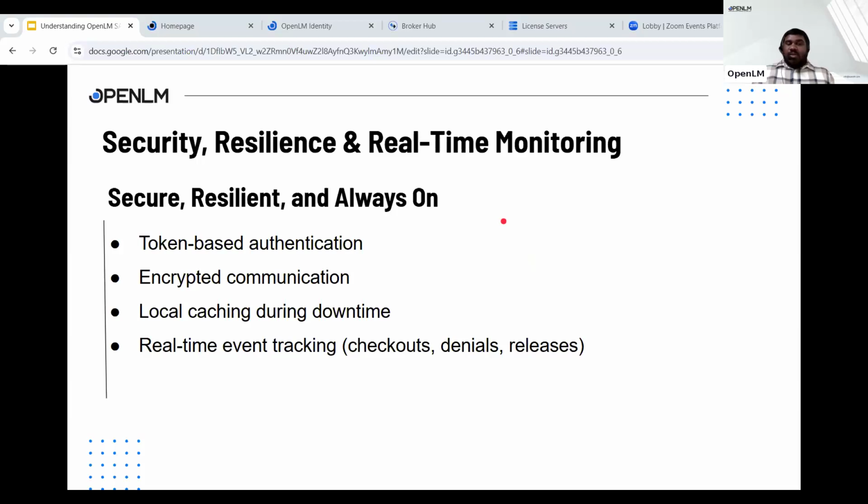Security and stability are major priorities when it comes to license monitoring. The broker uses token-based authentication and encrypted communication, which means no one can spoof or tamper with the data. Only authorized components can connect and send data. If the OpenLM server becomes temporarily unavailable, as I mentioned earlier, the broker will not stop working, but it will